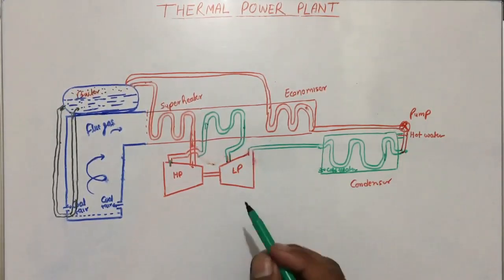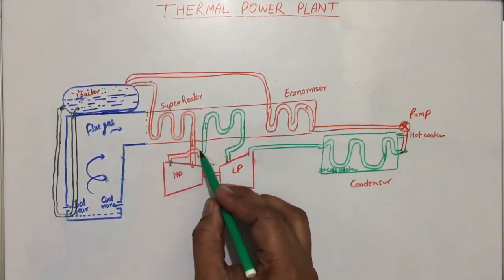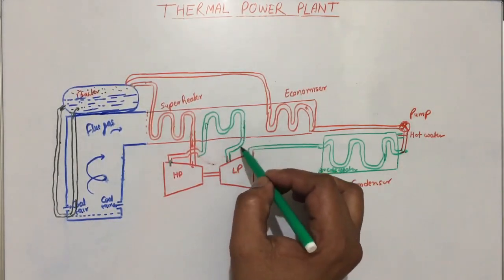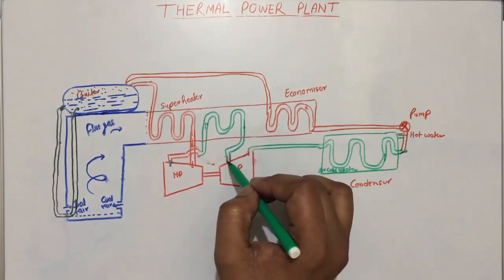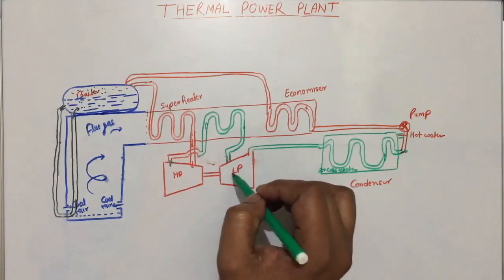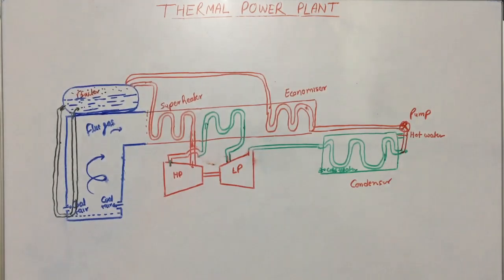In this way, the steam that is coming from here gets additional temperature, and here the expansion pressure can be high, and that can cause the further additional pressure